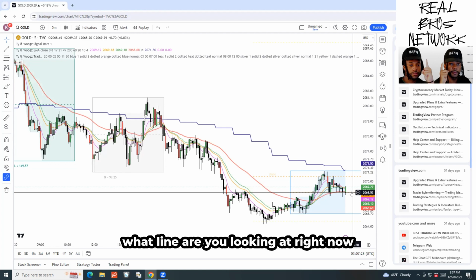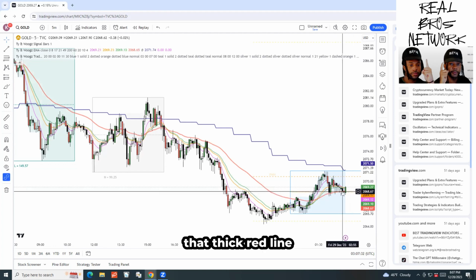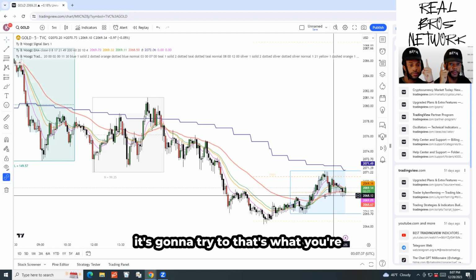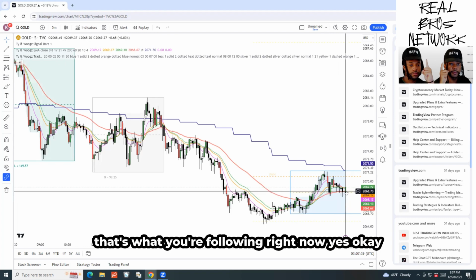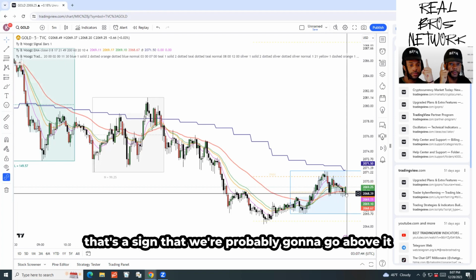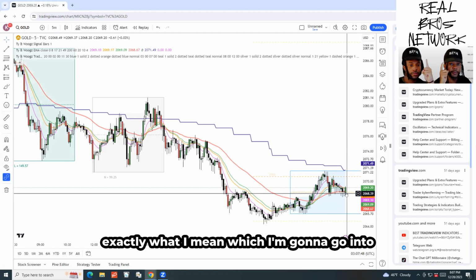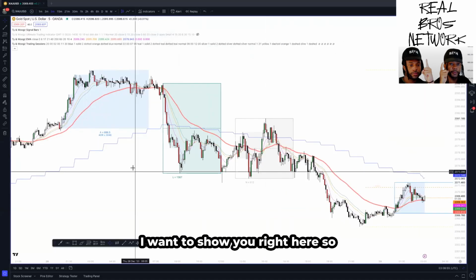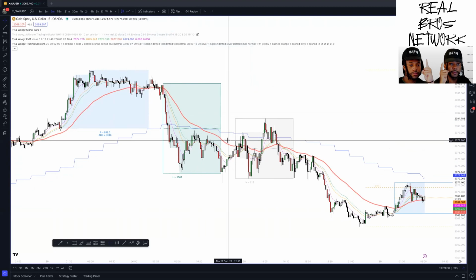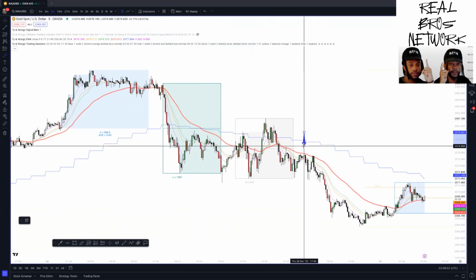Now, what line are you looking at right now, is this the thick red line right here? That thick red line. If price can't get below it, it's going to try to. That's what you're following right now. Yes. Okay. So if price can't get below it, that's a sign that we're probably going to go above it. And I'm going to show you from my screen exactly what I mean. I want to show you right here. So we got the red line right here, and right here,